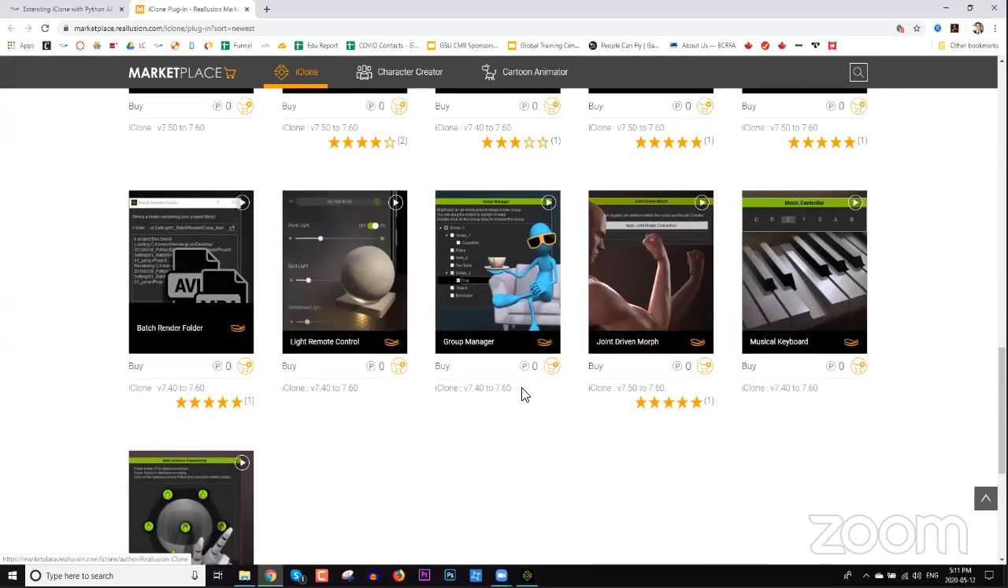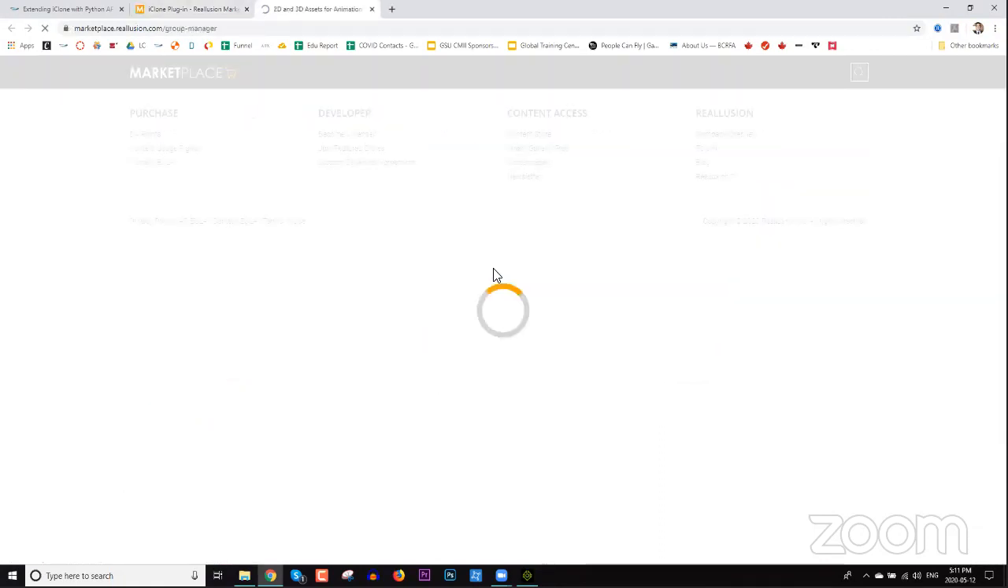All the ones that are zero DA points are done by Reallusion iClone right there. So you can mouse over and see Reallusion iClone, and you can see stuff like the group manager here, joint driven morph, etc., etc. Okay, so if you want to download one of these, the process is fairly simple. Just click on it. We'll click on Group Manager here, for example,